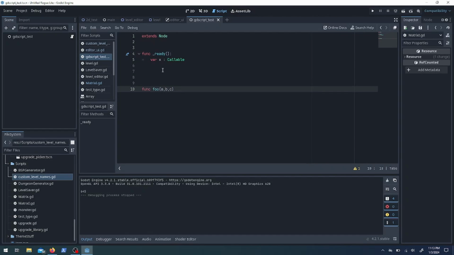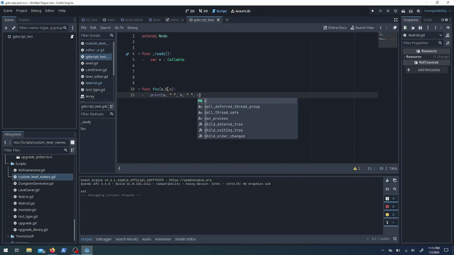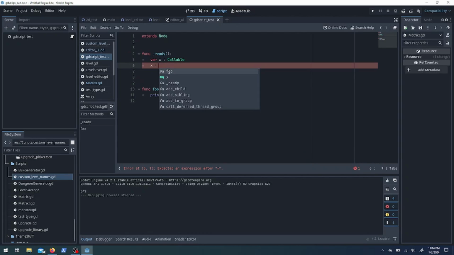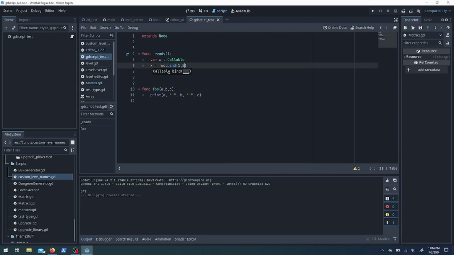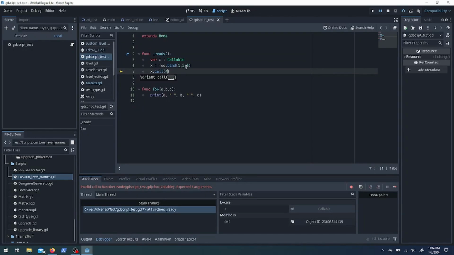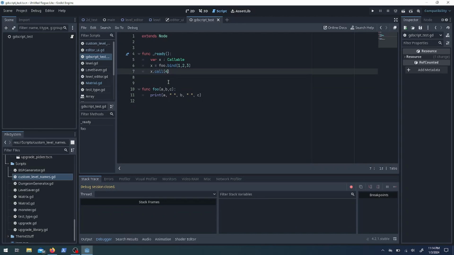And so here's a brief example of how bind works. Because it always takes that input and puts it at the end of the input of the function it's bound to. So foo takes 3 variables. If I put in 2 on my bind and 1 on my call, then that's going to be a total of 3 variables. Okay, so now that the buttons work,